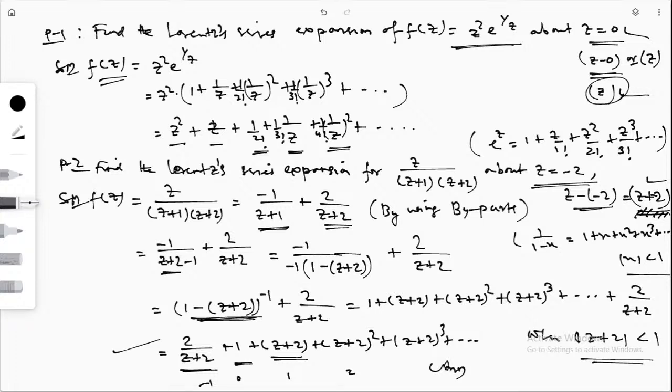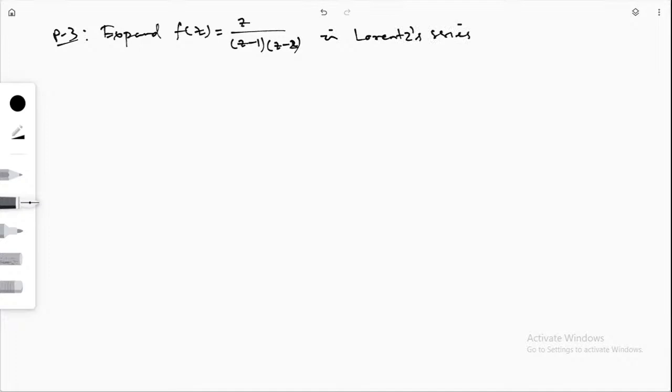So now comes another problem. Expand f of z, which is equal to z divided by z minus 1 whole into z minus 2. Okay, expand this one in Laurent series, valid for